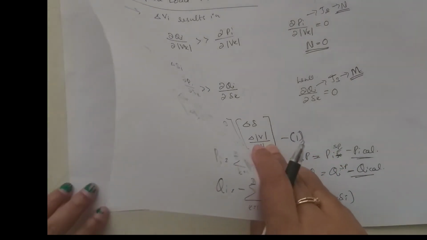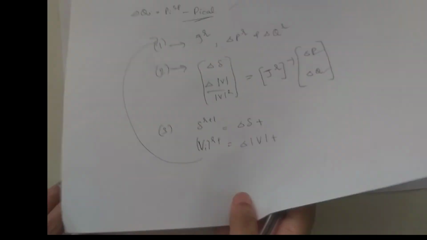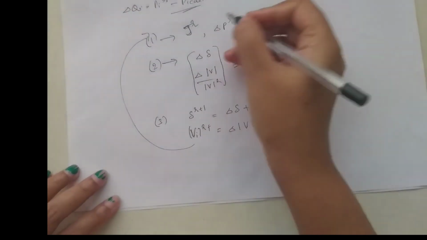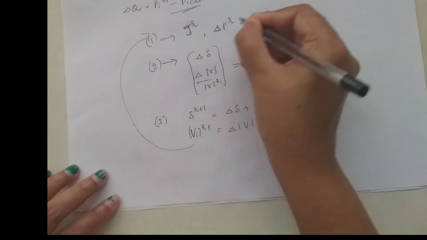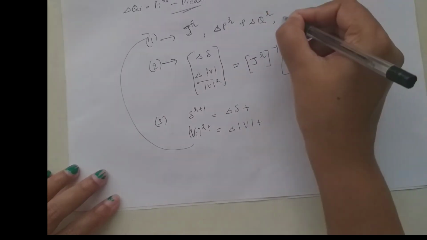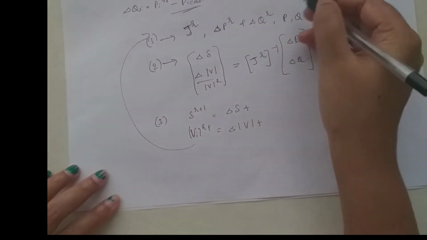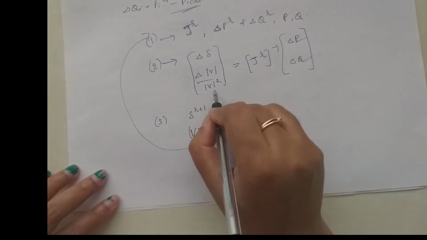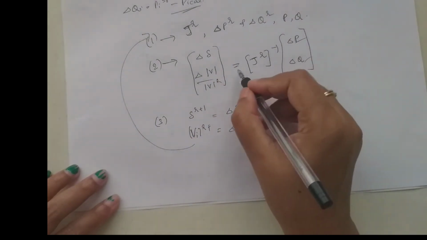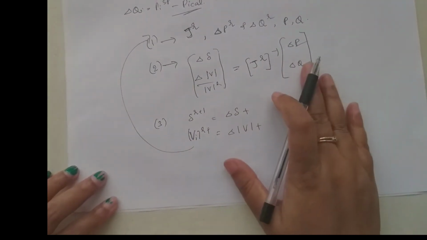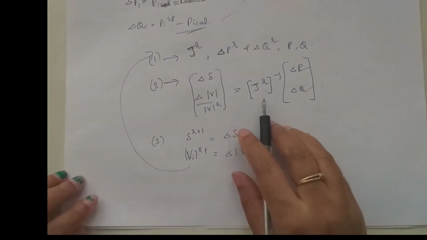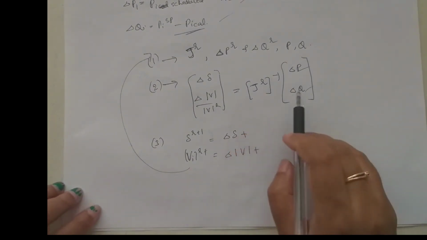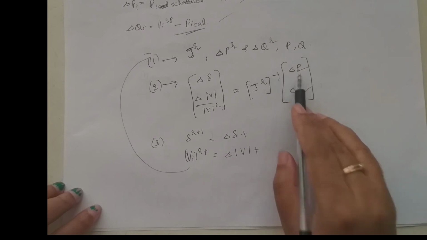The algorithm of the decoupled method goes like this. First we need to find the Jacobian matrix elements. Then we have to find delta P and delta Q, along with P and Q. After finding all these, we have to find delta delta and delta V divided by V using this formula. When you take the Jacobian matrix to the other side, it becomes the inverse of the Jacobian. Now the Jacobian matrix is reduced to the H, 0, 0, L matrix, multiplied into delta P, delta Q.